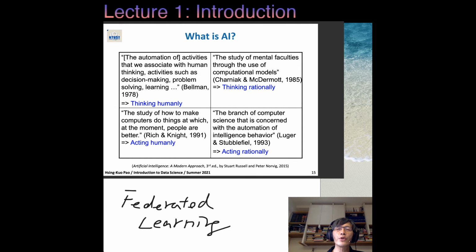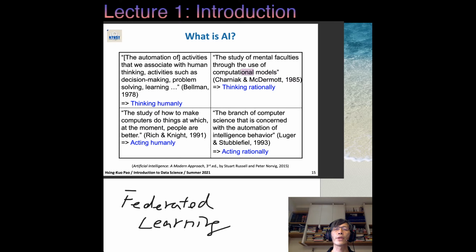So if you check the AI textbook, we are going to have four different categories that all belong to artificial intelligence, right? So on the top, these two parts, one part is thinking humanly and thinking rationally, right? So it's all about thinking. So we want to build a machine that can think. On the left hand side, we want to say thinking like human. On the right hand side, we want to say thinking in the right way, right?